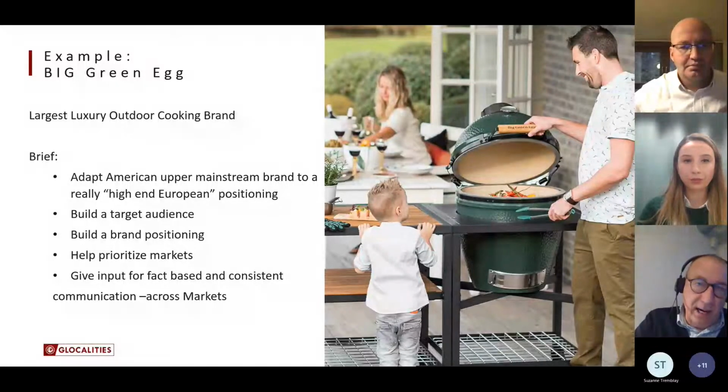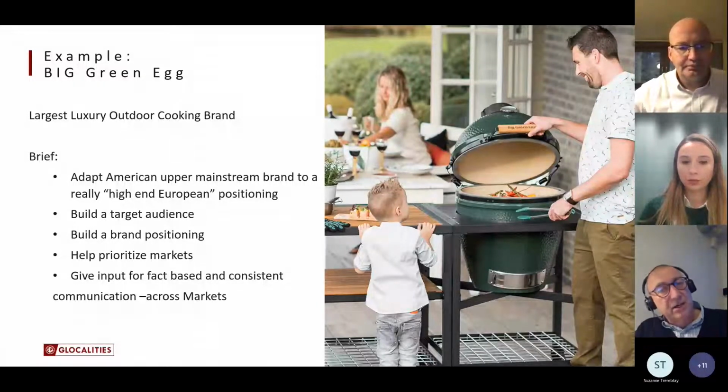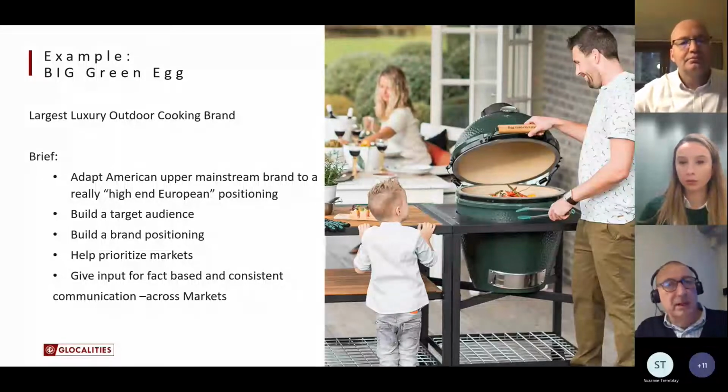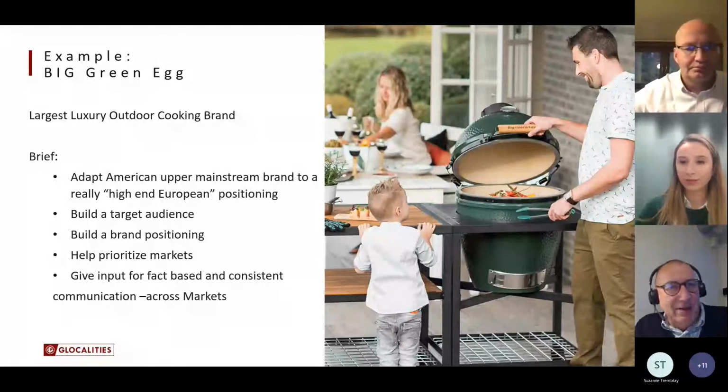increase the price. So they asked us, can you help us define a target audience so that we can build a brand positioning, and we set a brand positioning and sustain it with an advertising campaign in such a way that we reach the right target audience, in such a way also that we can ask a premium price for it. So with that request they came to us, and the Glocalities database is a perfect fundament to answer these questions. So Martin, I hand it over to you again to tell us how we did it and what came out of it.